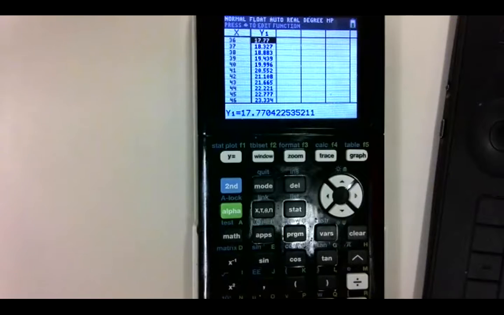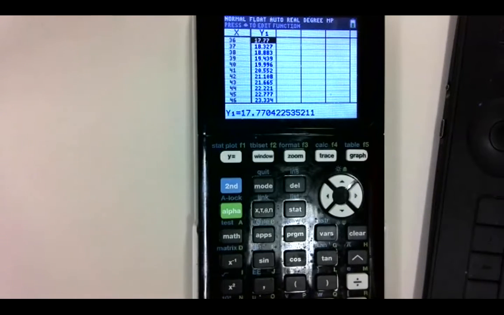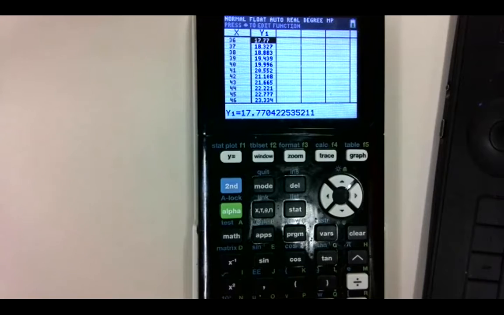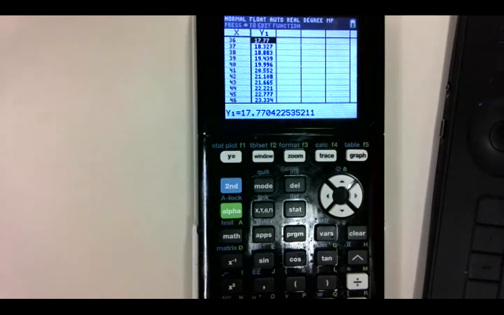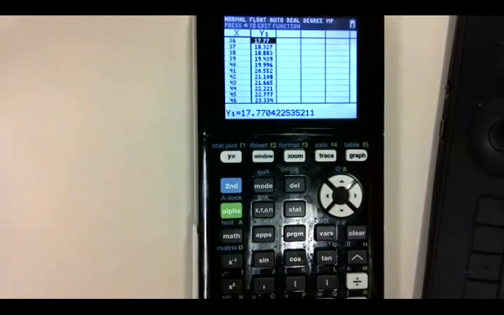But I don't know the keys and I don't have a Casio, so I don't know exactly how to use it. So you can take this time to Google how to do linear regression on a Casio, and it'll show you videos of how to do it. Okay. So here's what I want you guys to do